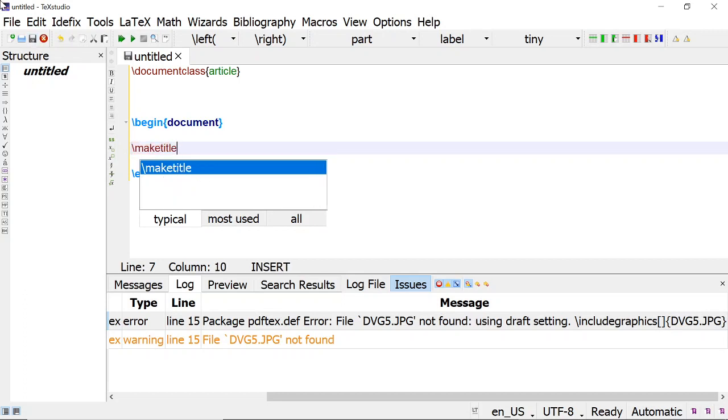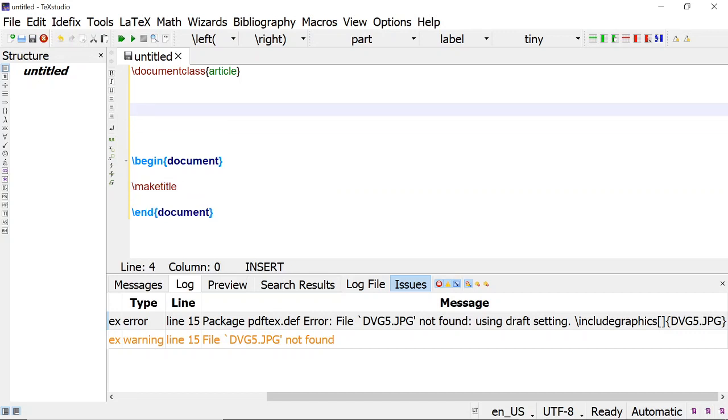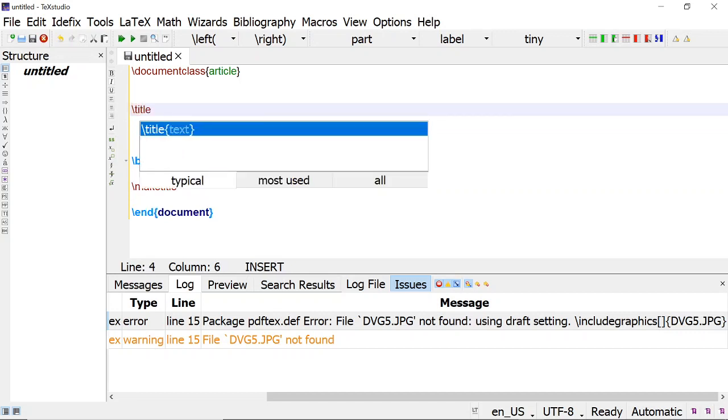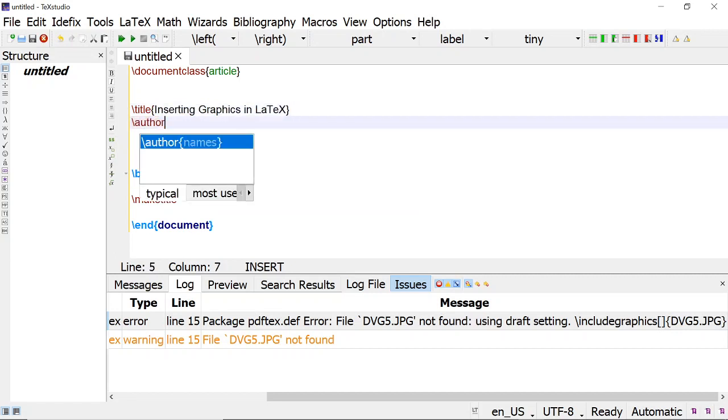For making the title we should give the title of the article. The title of this article is Inserting Graphics in LaTeX, and the author is, as you know, Guru Venugopal.